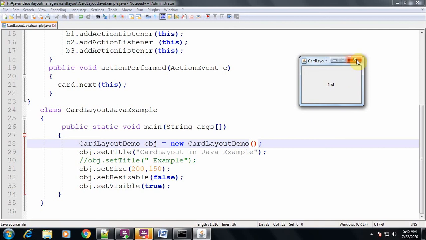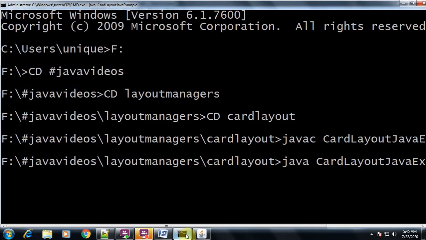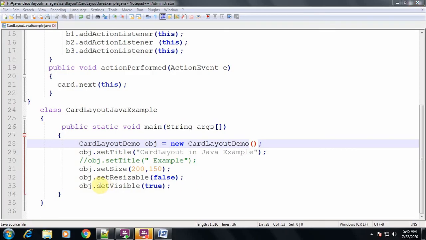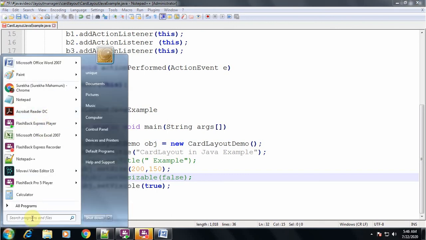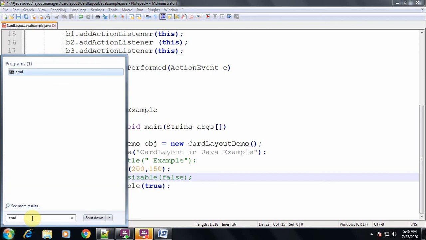Now I'll close this one, and I'll also show you the use of setResizable. When I remove this method, obj.setResizable, what will happen? Let us check. I'll run this program now. I need to open the DOS prompt.